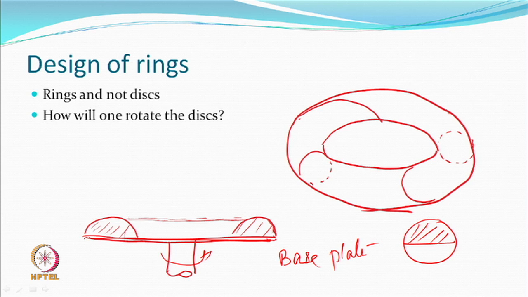So, this will rotate, because the contact surface is this, where the yarn is going to be placed at some point, and the other ring will be on the opposite side. So, the ring is actually fixed on a plate which can be rotated very easily. So, this is the cross section of the whole thing. There is a plate on which half of the torus is fixed.